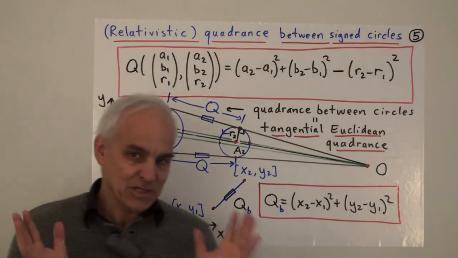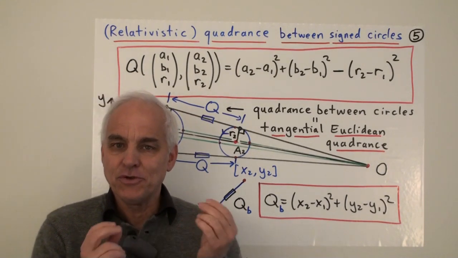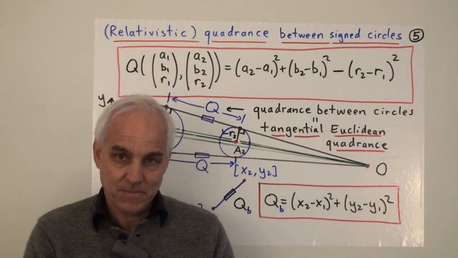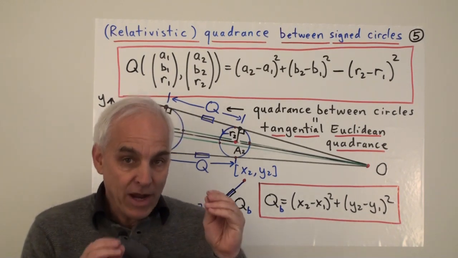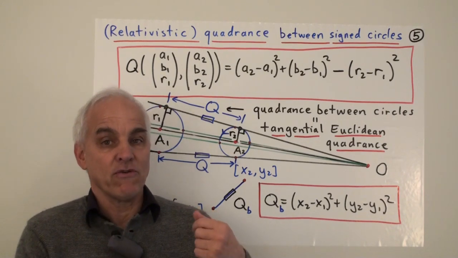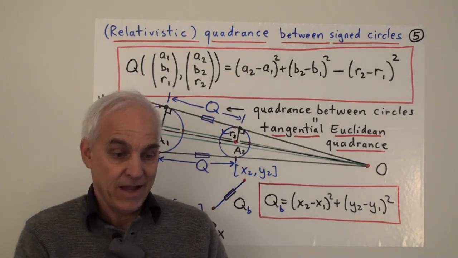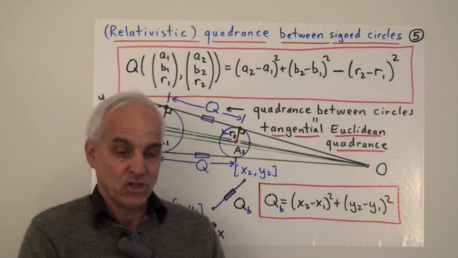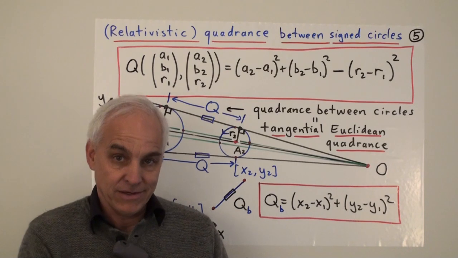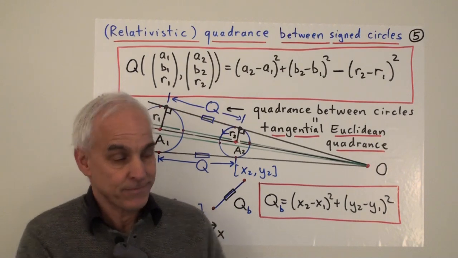Now the relativistic aspect of this story really takes shape once we introduce a notion of measurement between 2 points in our 3-dimensional space. And as you probably know by now, we try not to use distance in terms of measuring points. We'd much rather use a notion of quadrance, which is much more natural from a linear algebraic point of view. And in fact, it's essential when you go to relativistic geometry that you drop this idea of distance and go to the more general and pleasant algebraic notion of quadrance, exactly as Einstein suggested.